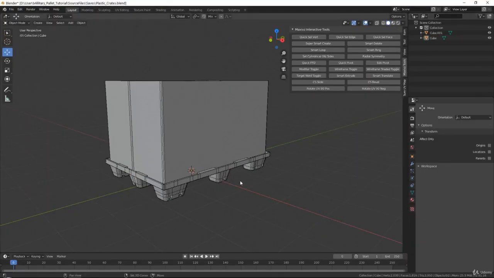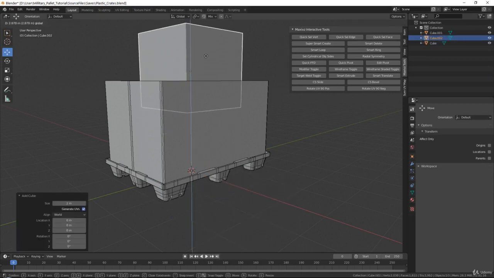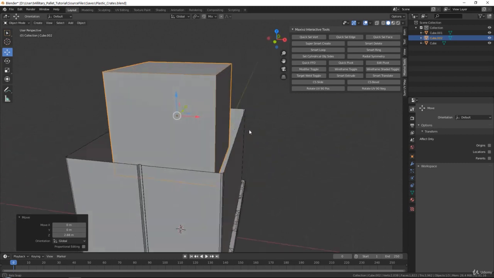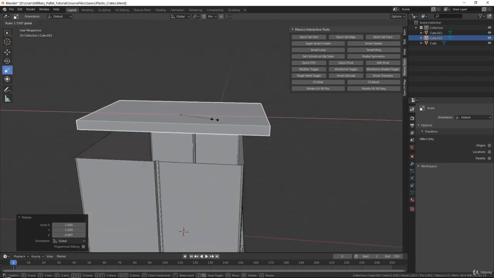So let's go ahead and press Shift A, go to Mesh and create a cube. And it has like a little profile. So I think what we want to do is, follow my lead, because it's a bit difficult to explain. I just have an idea in my head. First of all, however,